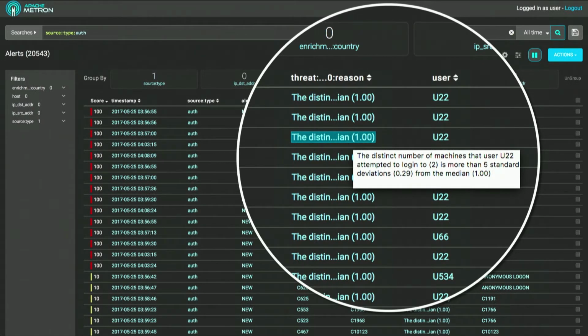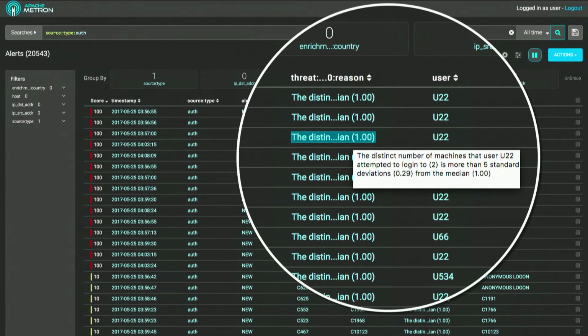In particular, this data set is from Los Alamos National Labs. Los Alamos National Labs opened a data set of their authentication records, their NetFlow records for like a year for their internal network, depersonalized, et cetera. We like to analyze that inside of Metron because it's nice and open. You don't get a lot of open cybersecurity data sets to show off. And they also have red team events. So they determined that at this time, from this machine to this machine, user X broke in, right? So we analyze this and try to figure out, okay, can we recover those red team events, not knowing about it, right? And this one in particular was a volumetric anomaly detection using what we're going to talk about today,